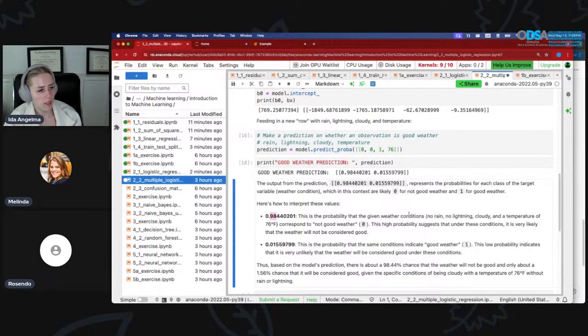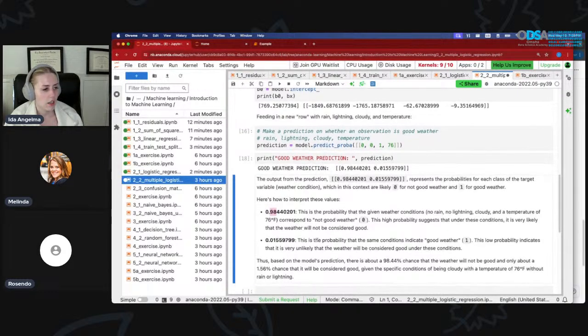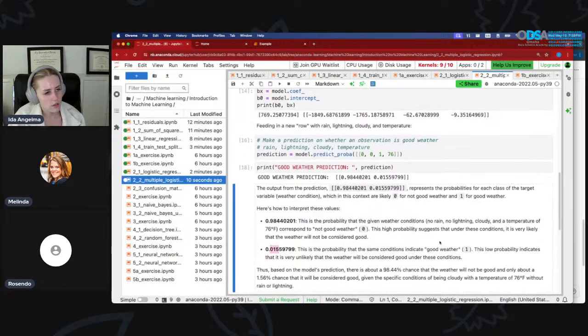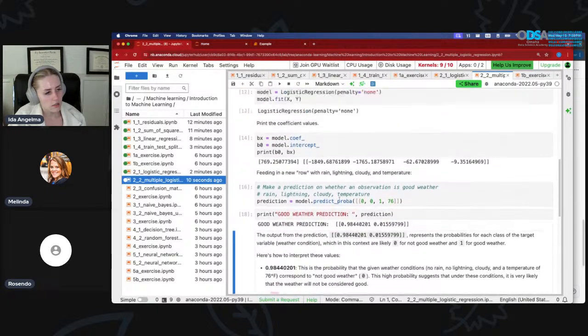So, 98% probability that given weather conditions, no rain, no lightning, cloudy, and a temperature of 76, corresponds to not good weather. This high probability suggests that under these conditions, it is very likely that the weather will not be considered good. And then this is 0.015 probability that the same conditions indicate good weather. So a low probability indicates that it's very unlikely that the weather will be considered good under these conditions,